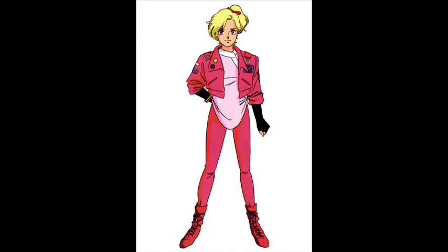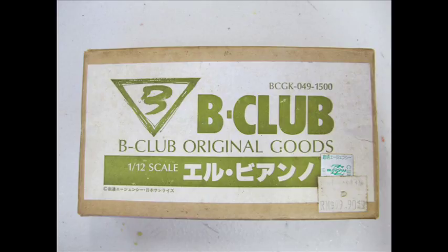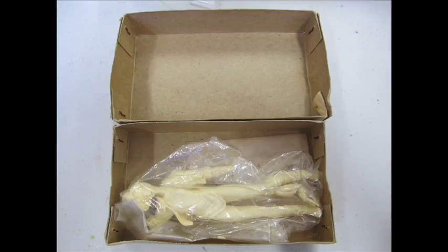Today, having a go at another original Bandai B-Club resin kit, but for the first time a figure. 112 Elle from Mobile Suit Gundam ZZ. She was one of the pilots who rode on the Mark II, and was somewhat of a minor character following the protagonist and the rest of the crew for the series of